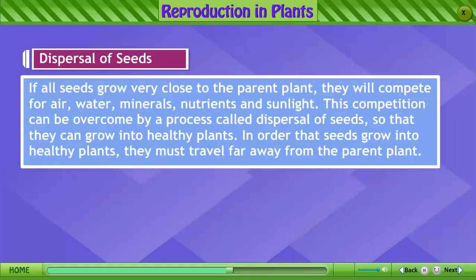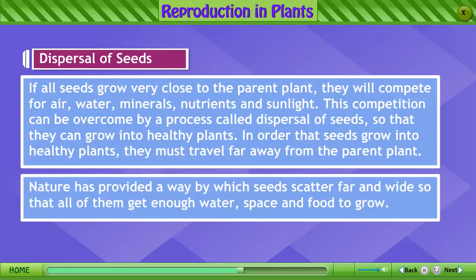Dispersal of seeds. If all seeds grow very close to the parent plant, they will compete for air, water, minerals, nutrients and sunlight. This competition can be overcome by a process called dispersal of seeds so that they can grow into healthy plants. In order that seeds grow into healthy plants, they must travel far away from the parent plant. Nature has provided a way by which seeds scatter far and wide so that all of them get enough water,